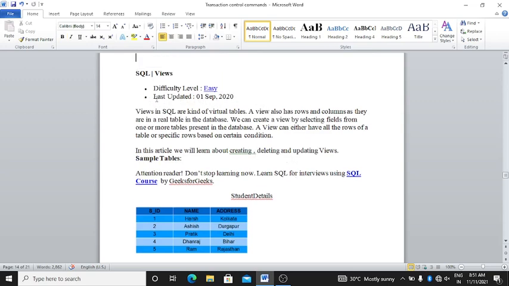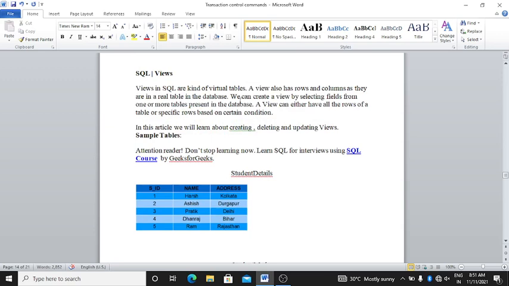Now our next topic is SQL view. Views in SQL are a kind of virtual table. A view also has rows and columns as they are in a real table in the database.